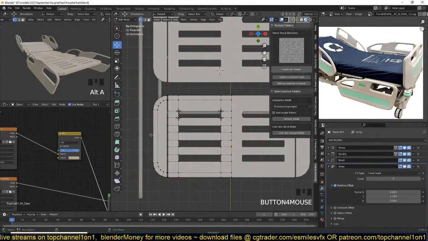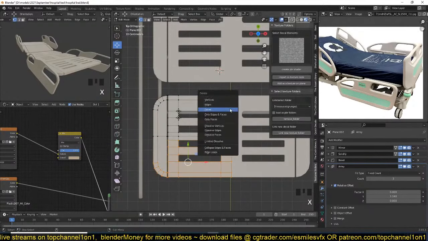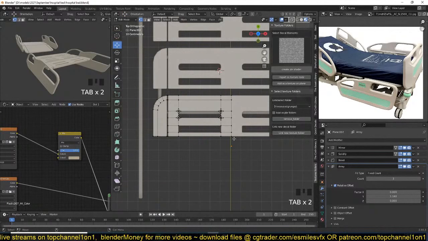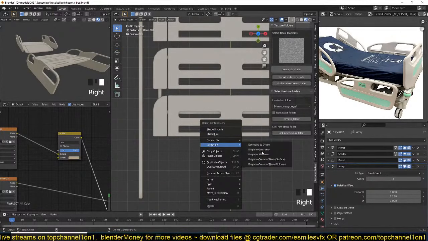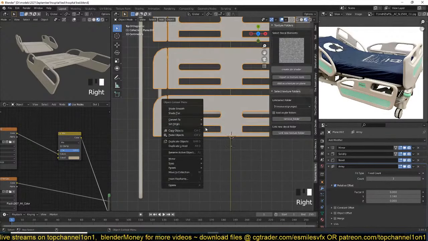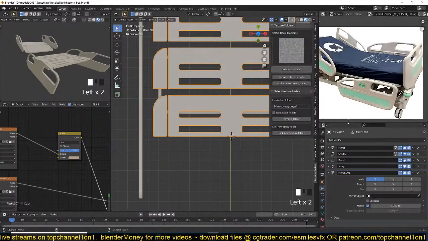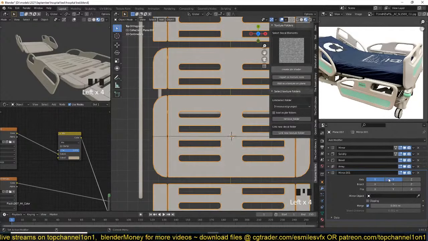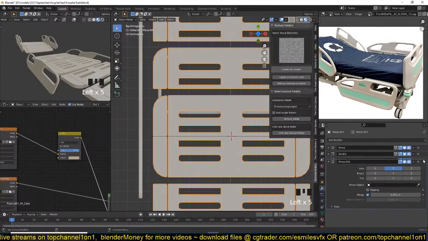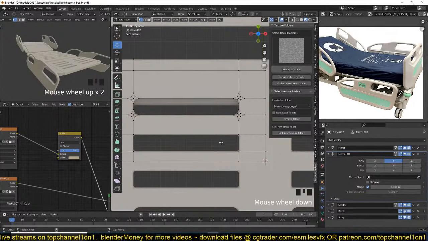And actually what we can also do is subdivide this around here, get rid of this side. I'm just going to add origin to 3D cursor, add a mirror to this on the Y like that, and I should be above the bevel and the solidify modifier to have something like this. And what I want to do is just make sure that these are also rounded off, Ctrl Shift B